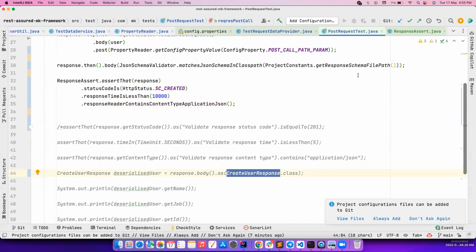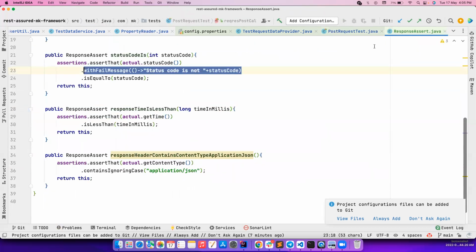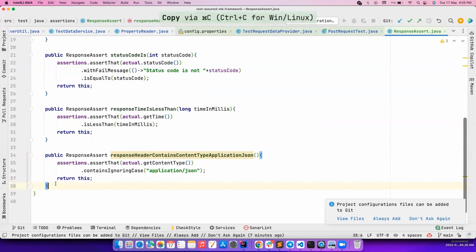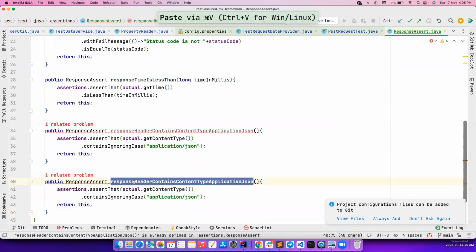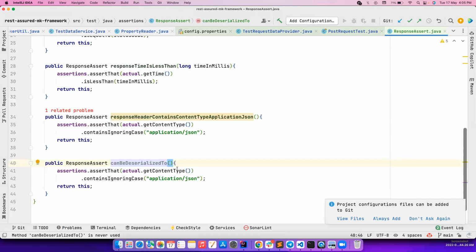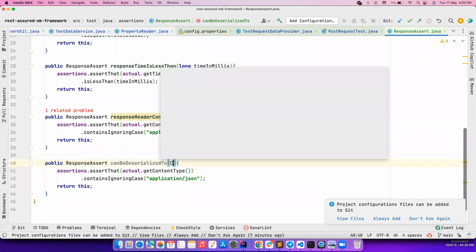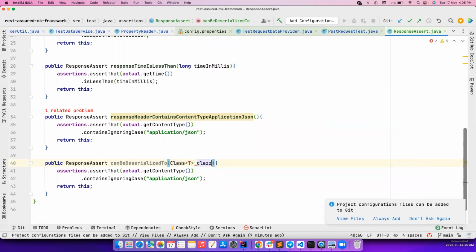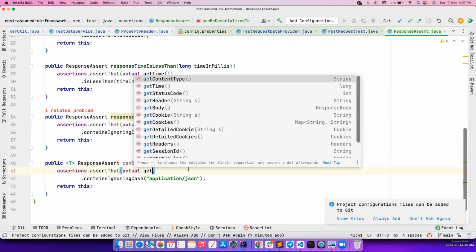So create user response dot class, right? So now I go here, I add one more thing. So I say can be deserialized to, and you pass me the class you want. Okay, you pass me the class type you want. So I'm using generics here. So what are the class you pass? I want to check whether actual dot get